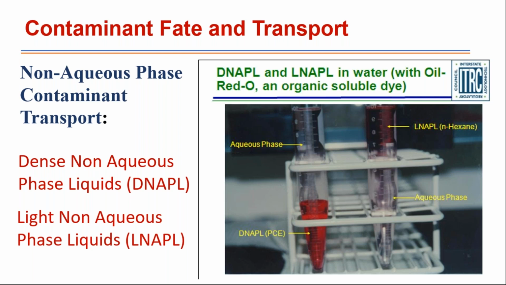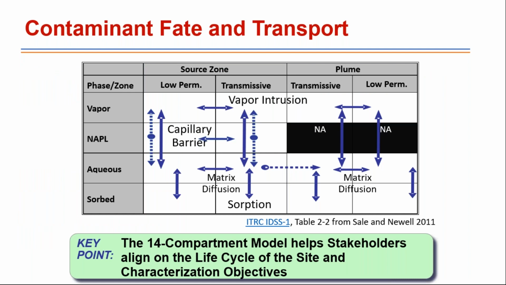Then you have the DNAPL, dense non-aqueous phase liquid. That's the picture on the left, which is red. Actually, PERC is never red, but they always dye it red so you can see it; it's actually clear. So that's become the color of PERC, I guess. To help us understand where NAPL is, how it's going to flow through the ground, where you're going to find it, and how this is going to affect contaminant fate and transport,